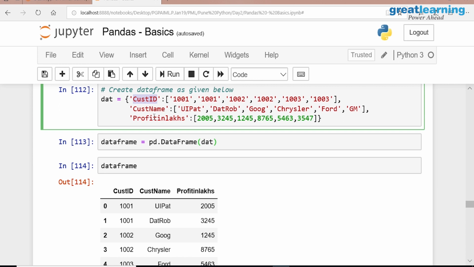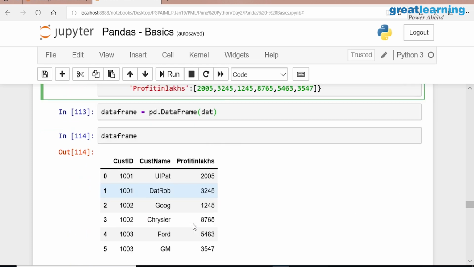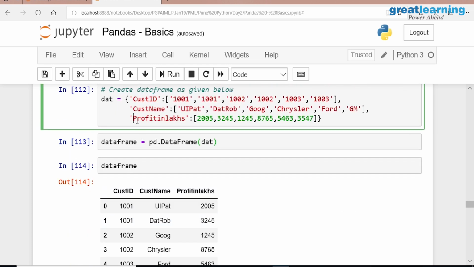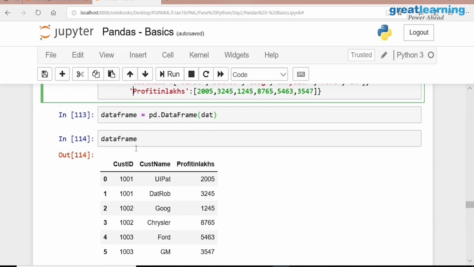Earlier, in the first example, we converted a dictionary into a series. Then all values become values and all the keys become row indexes. But when you have multiple records, all your keys will become your column names. Makes sense, right? This is logically correct. This is how it should work. Okay.